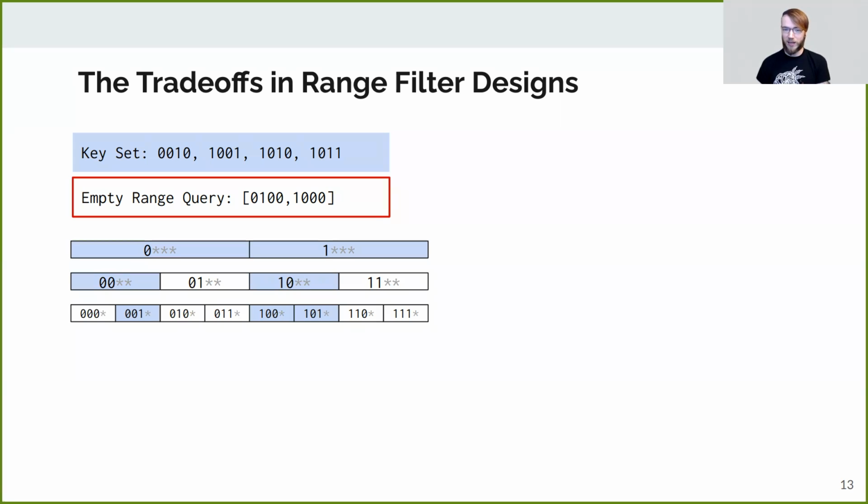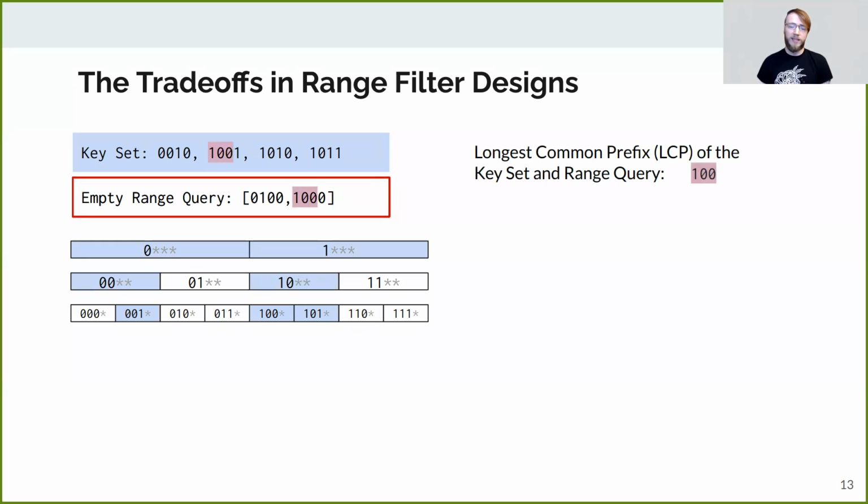The critical choice then is which prefix length to use, as a given prefix length may be too short or too long, depending on the use case. In this example, the longest common prefix between the keys and the range query has a length of 3. Therefore, any filter with a prefix length of 3 or less will contain some prefix of the range query, resulting in a guaranteed false positive. Outlining the prefixes of our query here in red, we can clearly see this overlap.